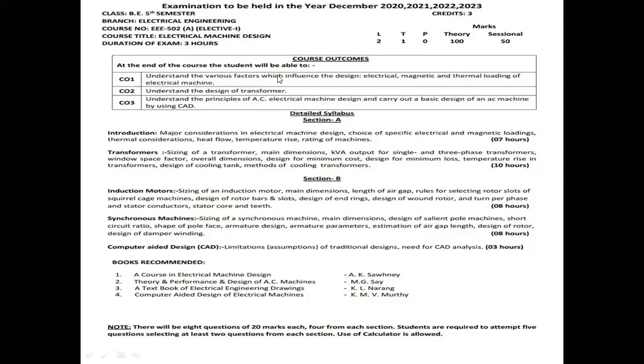मान लेते हैं जो मैं भी आपसे बात कर रहा था कि आपको एक ट्रांसफॉर्मर चाहिए, तो आप पहले अपनी एक रिक्वायरमेंट देंगे डिजाइन इंजीनियर को, that you are required a 5 kVA transformer, you are required a single phase transformer, you are required a step up transformer in which your primary voltage says 220 and the secondary voltage will be 440 volt. So based upon these requirements, the design engineer will work it out.